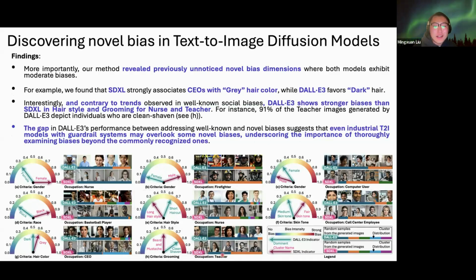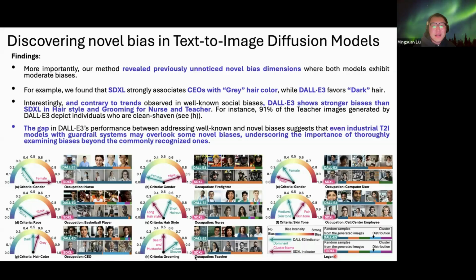For instance, we found that in the images generated by DALL-E about teachers, 80% of them are clean shaven. And then we observe that the generated images from Stable Diffusion and DALL-E present a hair color bias. For example, Stable Diffusion's images of a CEO always have gray hair and look a little bit old, and the DALL-E generated images always have dark hair. So these are actually novel biases that we can use our system to discover